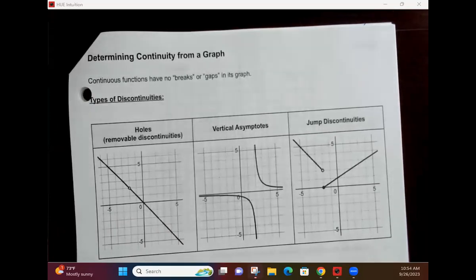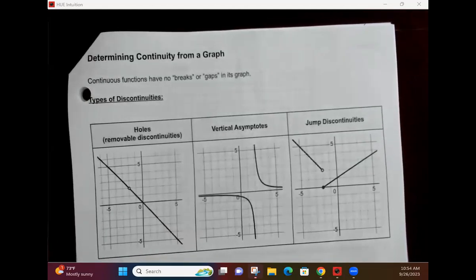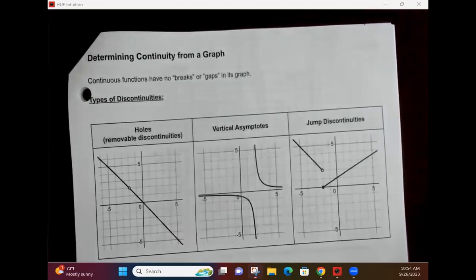Vertical asymptotes. We've actually seen, again, horizontal asymptotes before. We talked about that at the very beginning of class. We saw horizontal asymptotes with our exponential functions last year in Algebra 1. We're going to see some vertical asymptotes today. And then something called a jump discontinuity. I want to talk about vertical asymptotes first, and then I want to talk about the difference between holes and